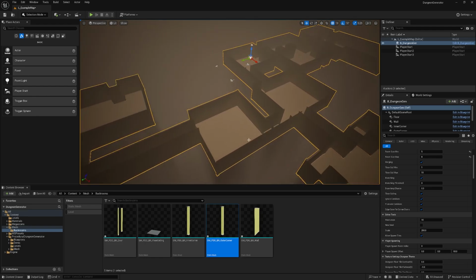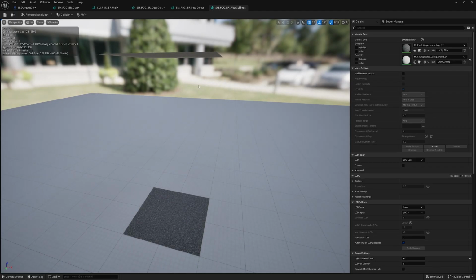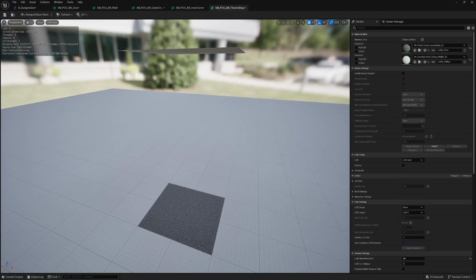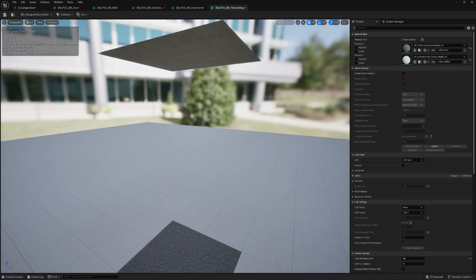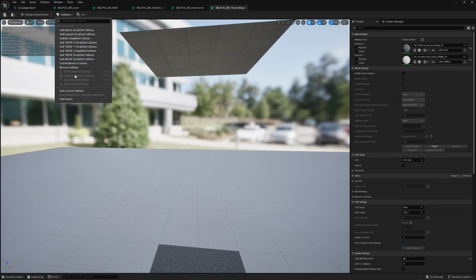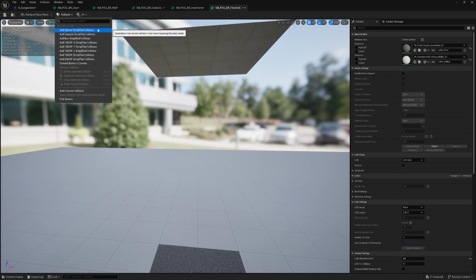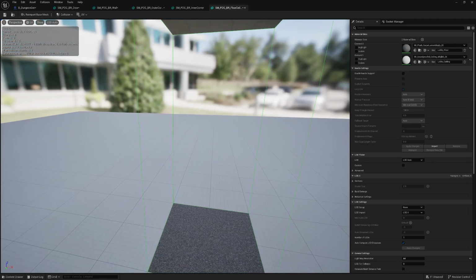So we want to mess with the floor and ceiling now to make sure that the collision's correct, because when you connect a floor and a ceiling like this, usually the space in the middle of it is collidable. It's got a collision box for it. So what we're going to do is just remove the collision for this, and add a box simplified collision,